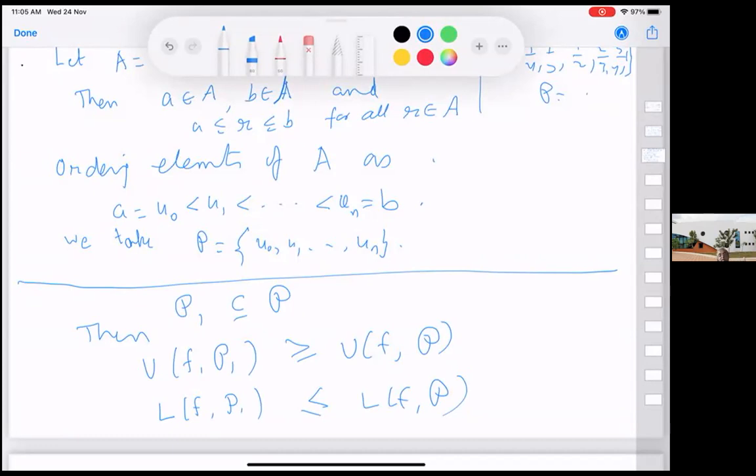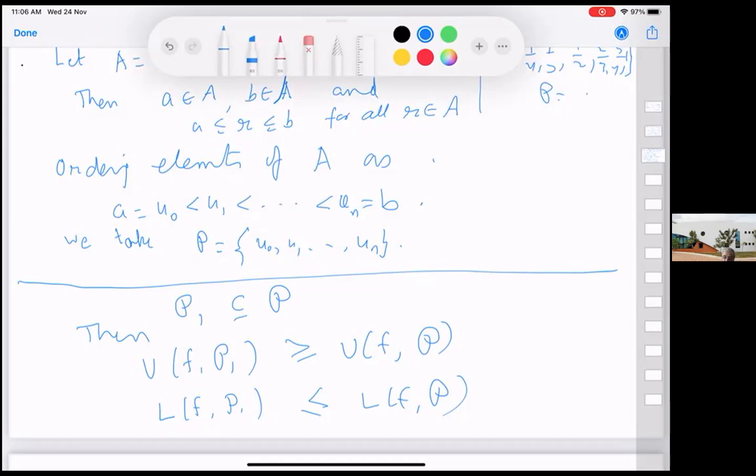So in each interval, you are taking the infimum and supremum. Now, when you take a finer partition, each interval either stays as it is or it splits into two or more pieces, right? When it gets split, the original upper bound could be high, and in each of the subsets the upper bounds could be coming down. The lower bound, on the other hand, can go up in the subsets. And as a result, this one will follow.